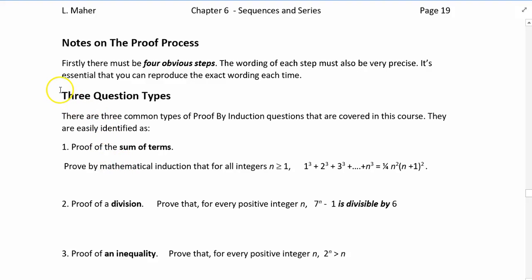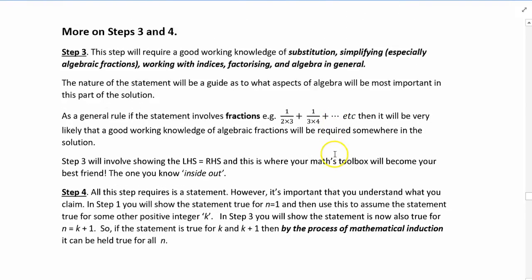You will see that there are basically 3 types of statements. You can categorize them into 3 types. I'm going to do lots of scrolling and I apologize, but I hope this works. The first type is like the one I just did, and it's a statement that contains the sum of terms. So there it is again. That is an example. I want to scroll down and show you